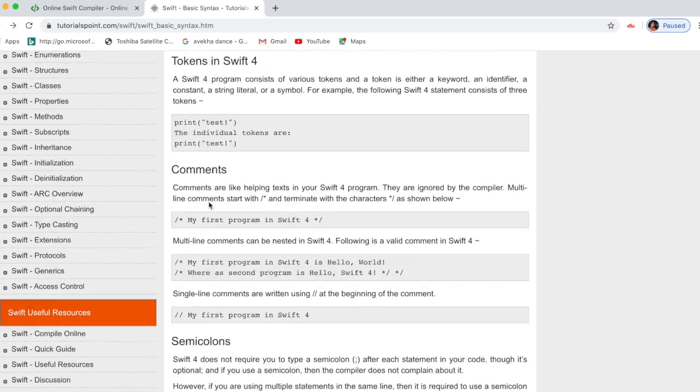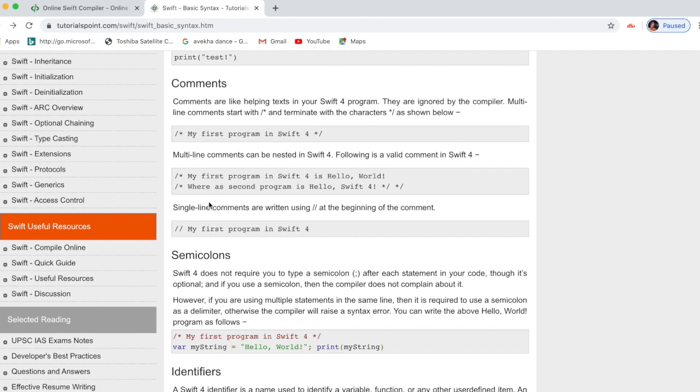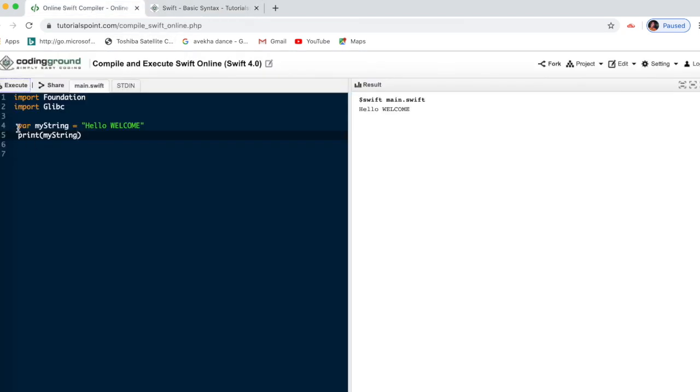Next thing, if we need comments, if I just write it this way, it means do not use this. If we put a double slash before each line of code, then that code will not work. That is the meaning.